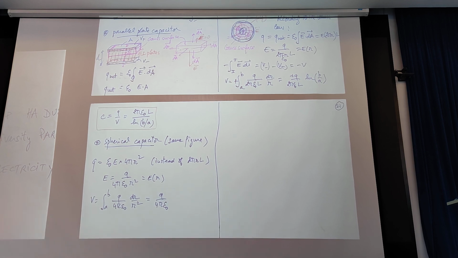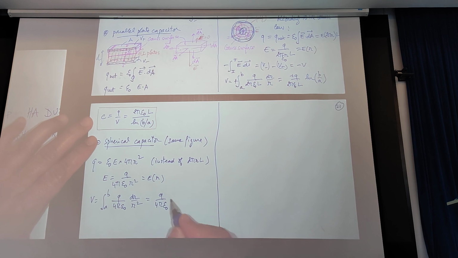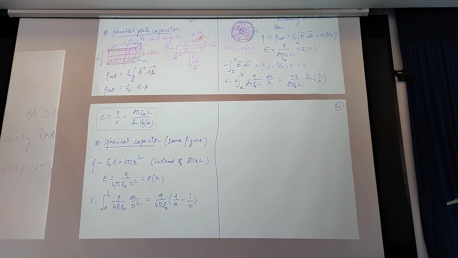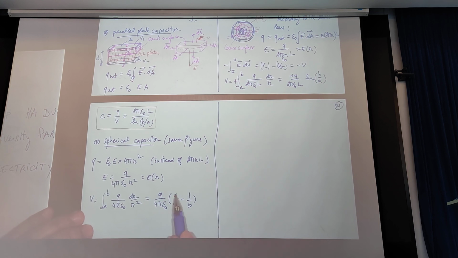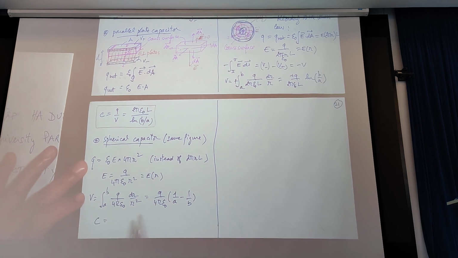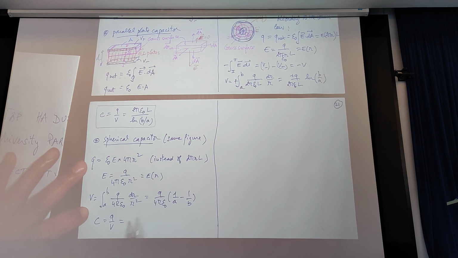And of course, the primitive of the integral of the function 1 over r squared is 1 over r, exactly. So we have 1 over r. Yes, but minus, okay, if you want, but I have 1 over b, okay, good. Oh, you're right. You follow me, I'm happy. Okay, so of course at the end C is equal to Q over V, and this time we obtain 4 pi